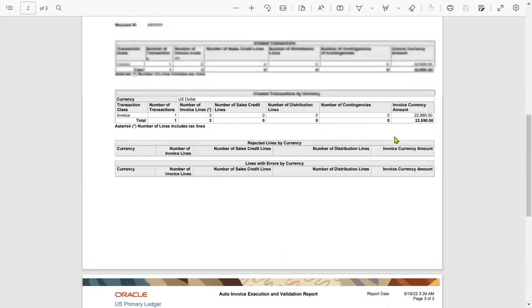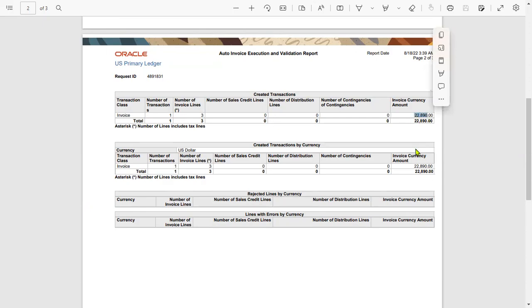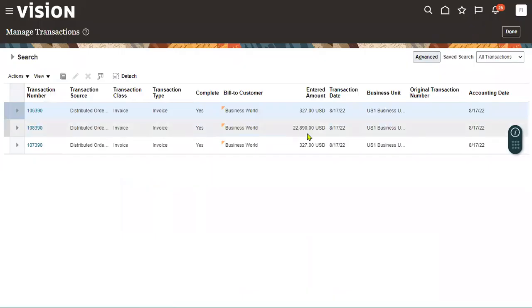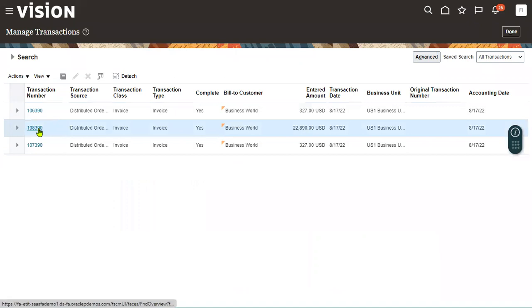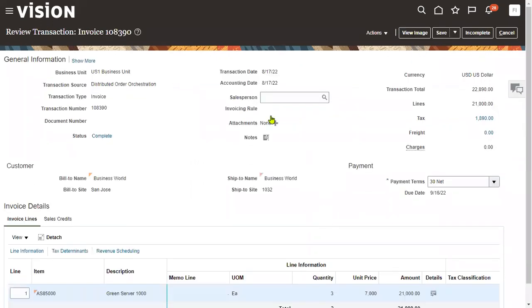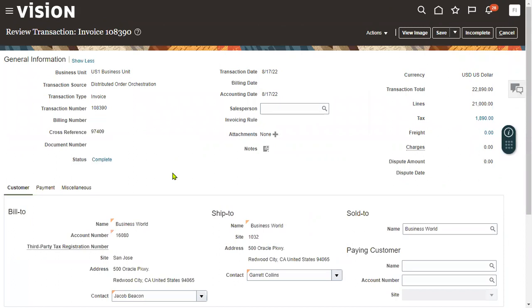So we can see that here. So what is the amount? 22,890. That is the amount. 22,890, and this is our invoice number. Click on this invoice number. So this is our invoice number, and if we go to this tab, show more, we'll find our sales order number also, cross reference 97409. For this invoice number is